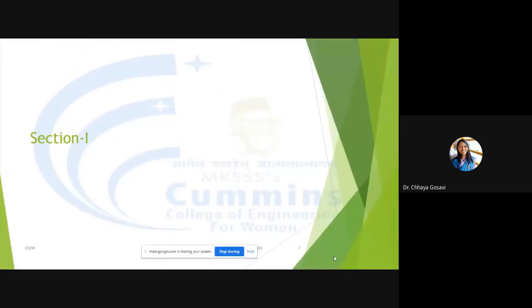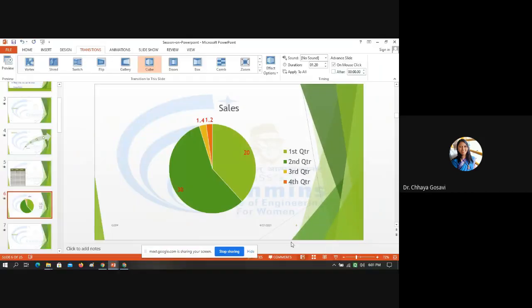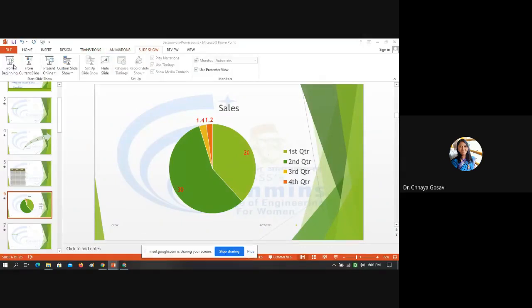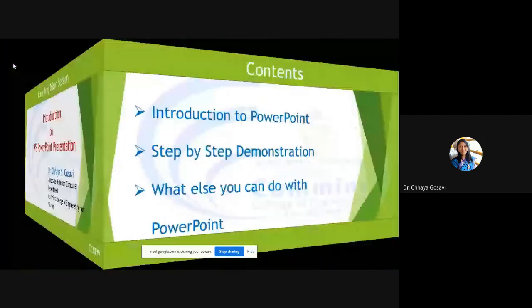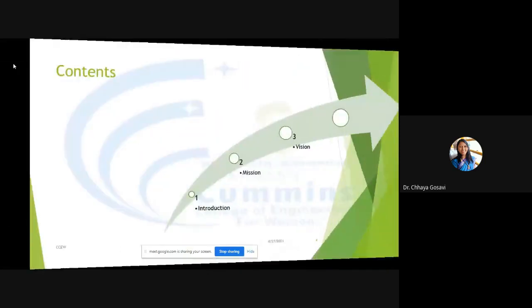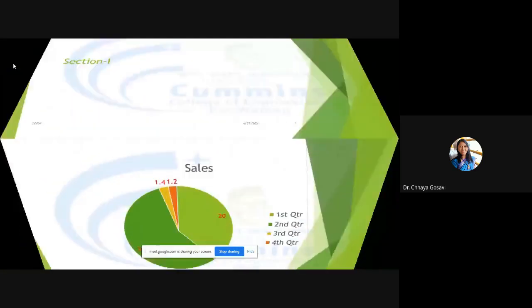So this is my section 1. I have to start from the beginning. Go to slideshow, start from beginning. The first slide will appear like this, second slide, then contents like this. And for section, it will again move from top to bottom.